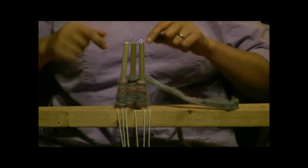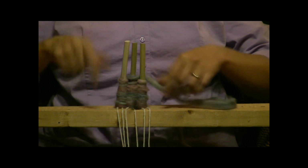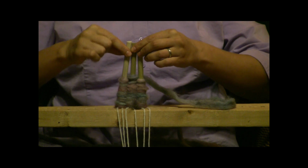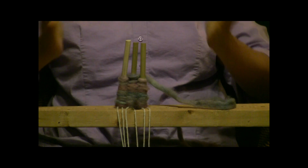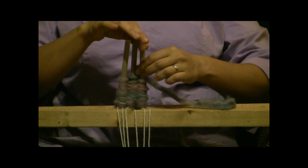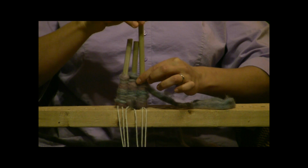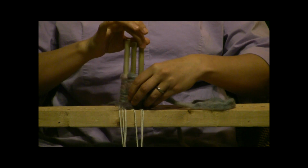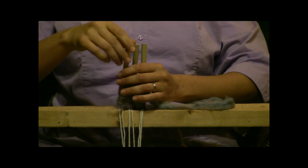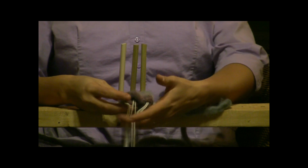Alright, since I got this one guy kind of coming on in on me, I'm going to take this off and start again because I don't want this top to be so narrow that my scarf does this. It kind of, you know, mermaids on you. So once you get to fill to a point where you like it, you take a peg out and you put it back in. Take a peg out. Put it back in, peg out, put it back in, and look at that. Your scarf is starting to make it down